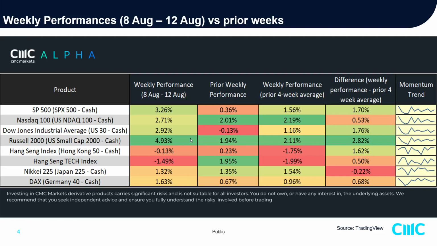And if we take into account the difference between the individual weekly performance and its prior 4 week average, what we could see is that we get the momentum, the difference, and we plot it across time based on a rolling 10 session. In the past, we start to see the momentum trend of the major US stock indices, one, two, three, four, all four of them have started to actually inch higher after the last couple of weeks of lackluster movement. Okay, so that's actually a positive for the US stock market.